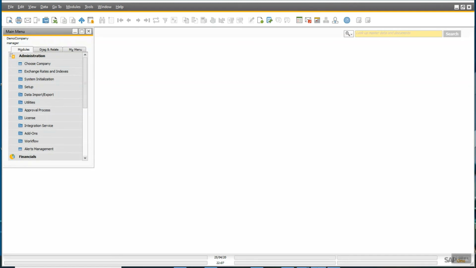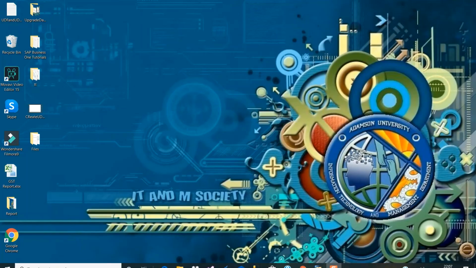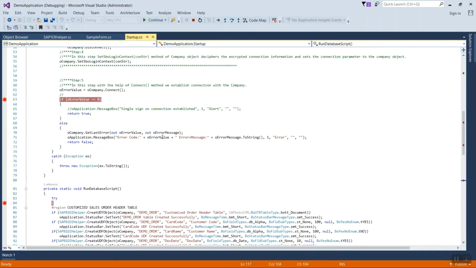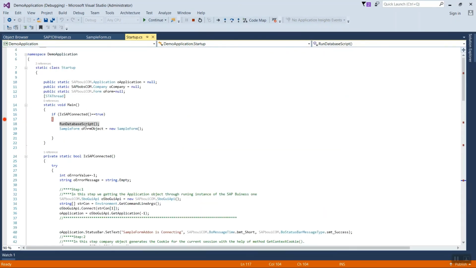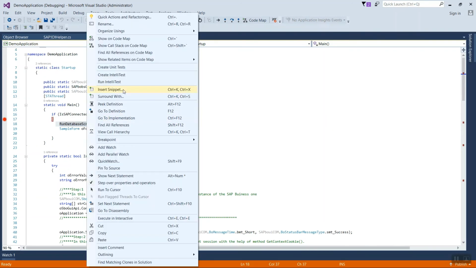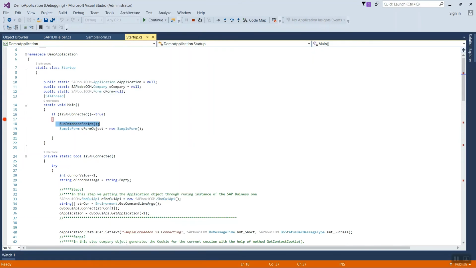Let me go through it once more. We have a run database script function, and inside it we have called all these functions.